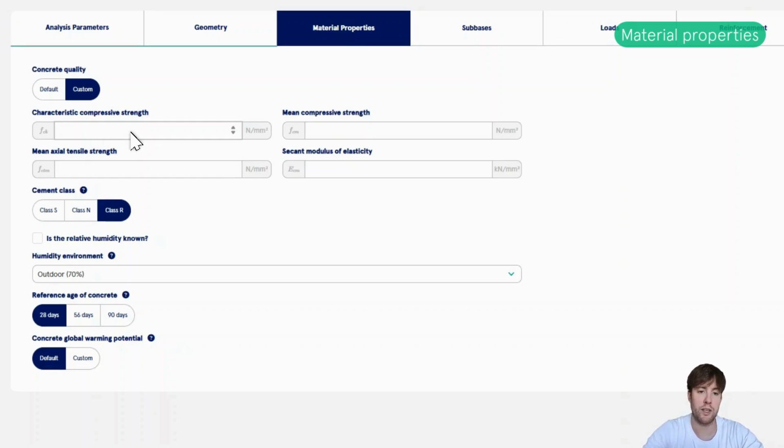Or for some reason, if the slab was to be taken into use before the standard 28 days, which means that the concrete would not have reached its full strength yet, you can type in what the characteristic compressive strength is at that certain time.